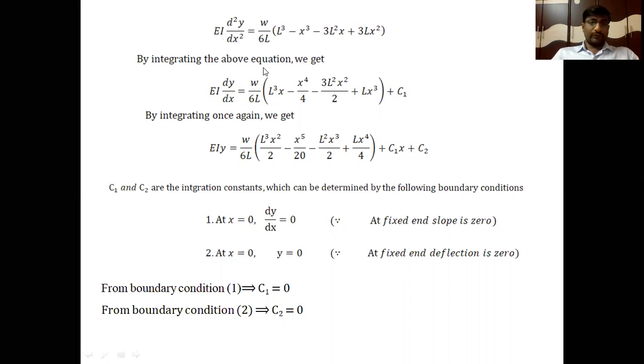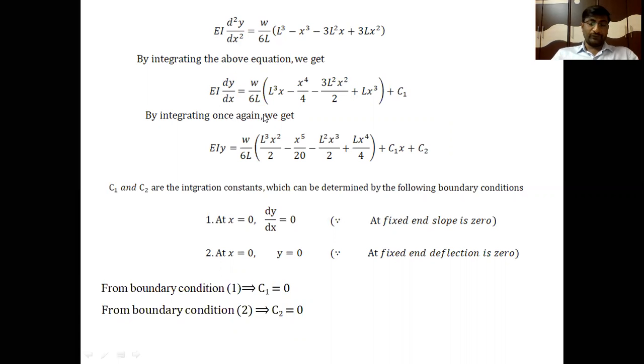By integrating the above equation on both sides, on the left hand side, upon integration of d square y by dx square with respect to x, we get dy by dx. EI is a constant. As it is, we will write EI dy by dx is equal to W by 6L into